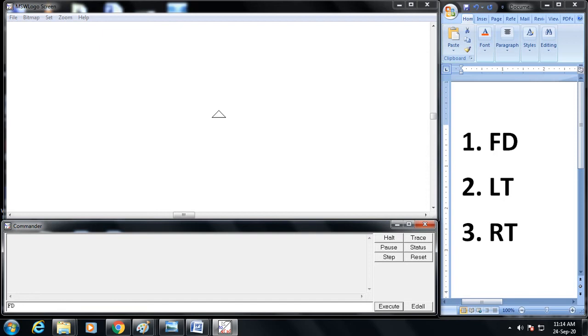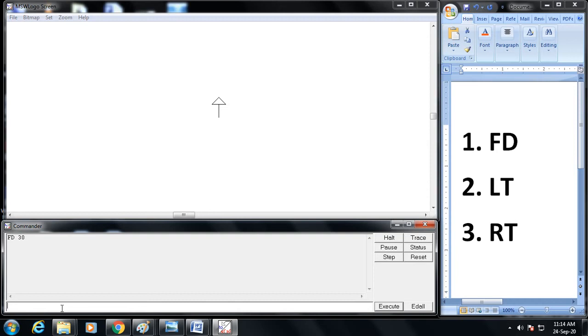So I will write 30, which means we need to move this turtle 30 steps or 30 points, and just press enter. As you can see, the turtle has moved 30 steps forward, and you can see a line there which has been drawn by the turtle.